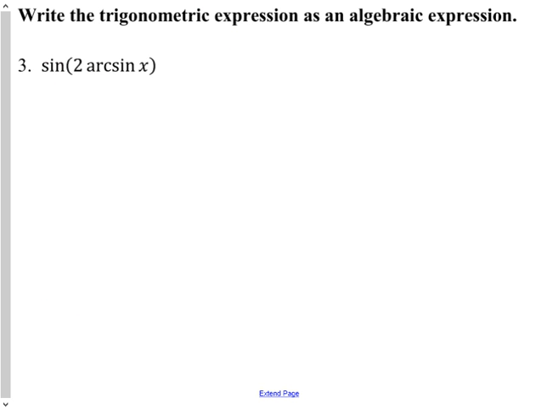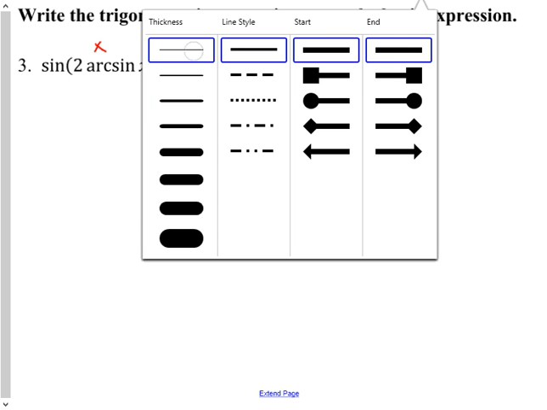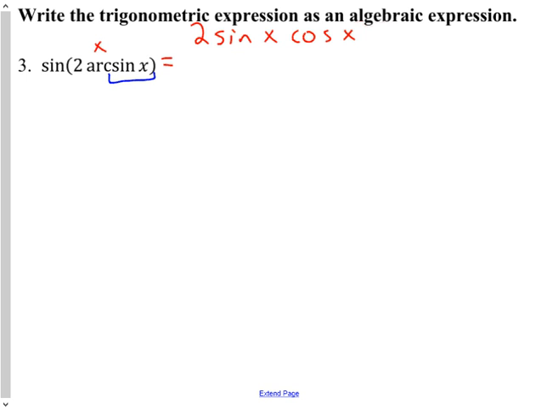Next, we've got write a trig expression as an algebraic expression. So we're going to treat this like this is 2 sine of 2x. We're just going to rewrite this out as 2 sine of x cosine of x. And now we're going to substitute. And instead of x, we have sine inverse of x, arc sine of x. So this is going to be 2 sine of sine inverse of x times cosine of sine inverse of